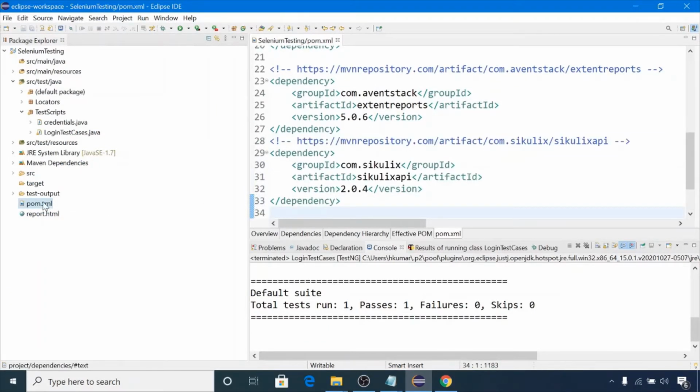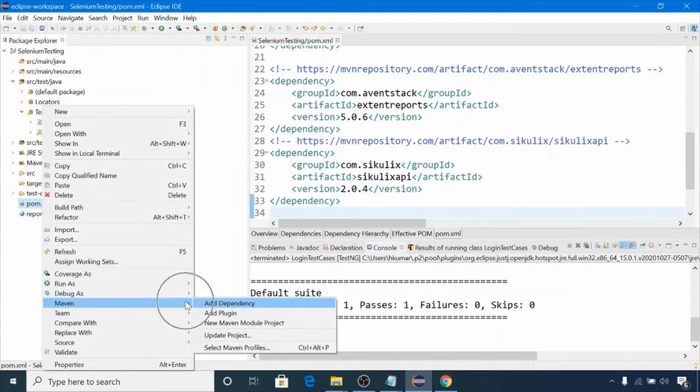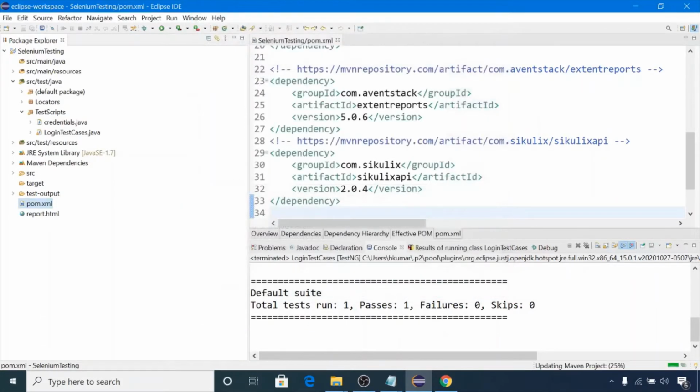So let's build this project. Right click on the pom.xml file, click on Maven, click on Update Project, click on OK. It will download all those jar files from the Maven central repository. Now let's see whether we successfully downloaded the Sikuli jar files.